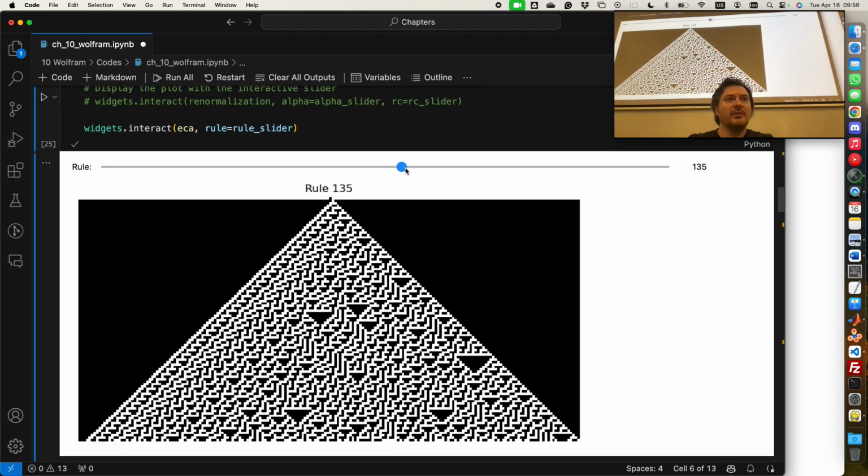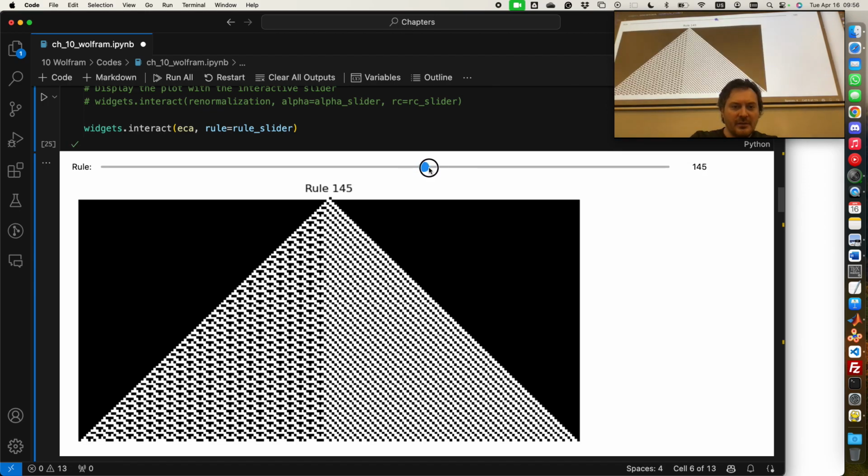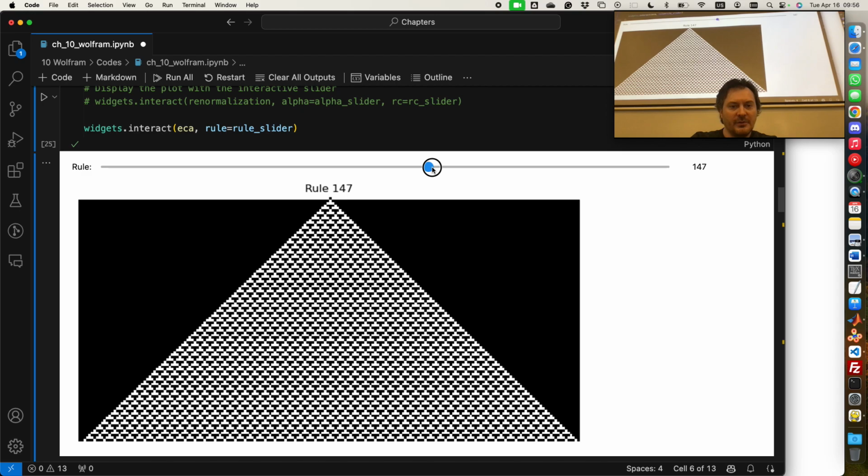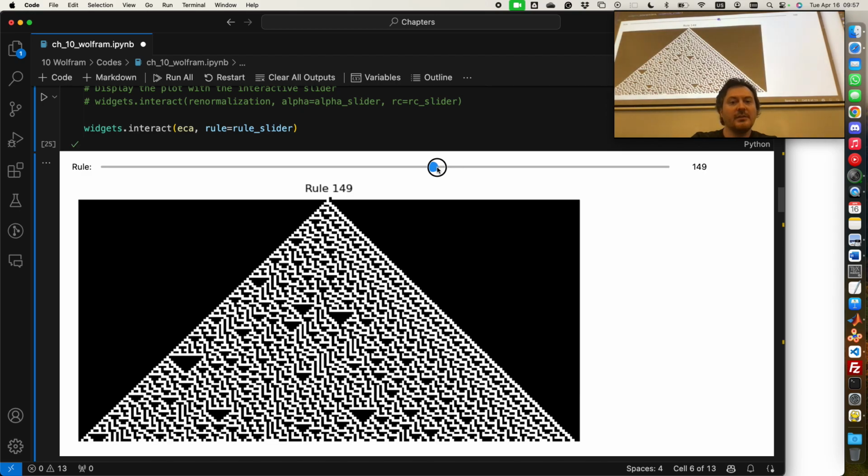Do you see? Complementary symmetry is when zeros become 1, 1 becomes 0. Okay, very well. And 149, I think, is the one with mirror complementary symmetry. Do you see it? Mirror and complement.